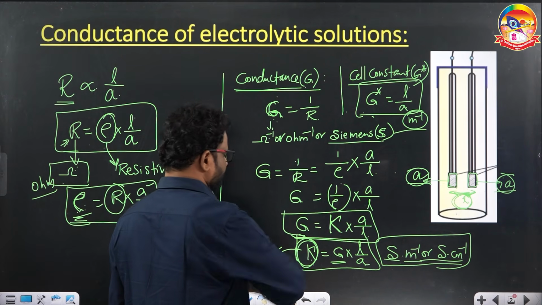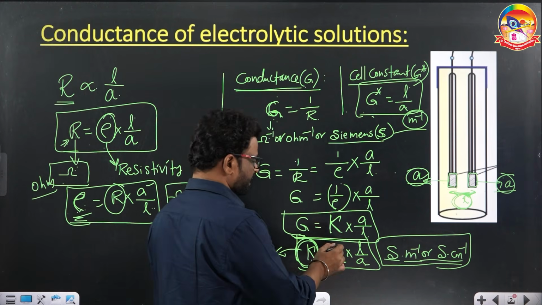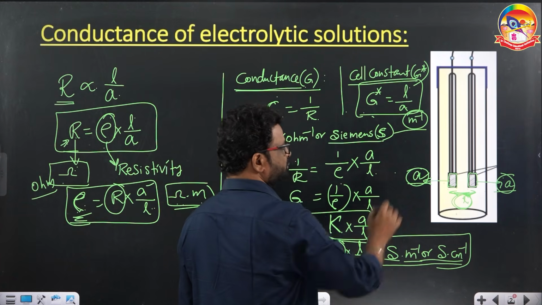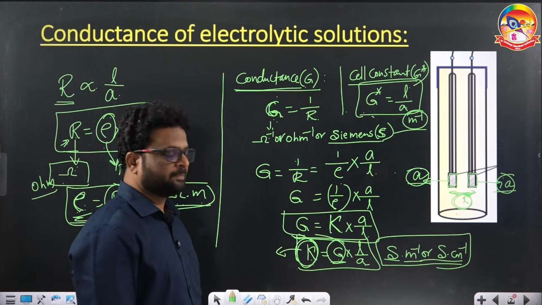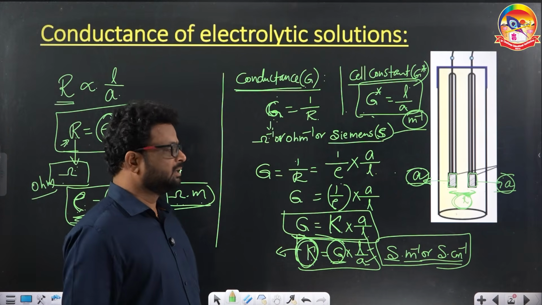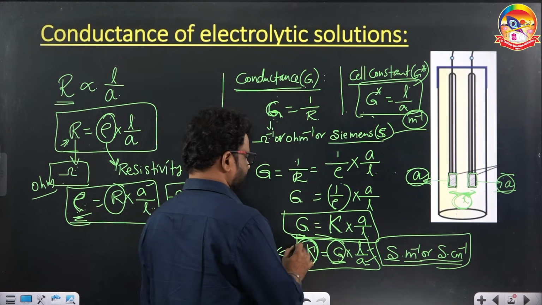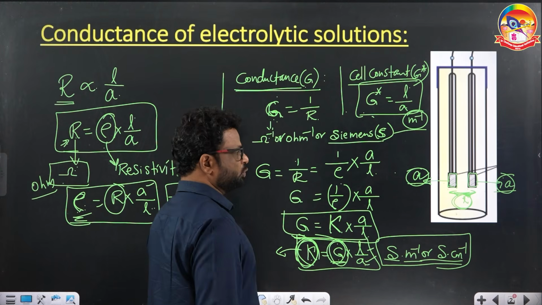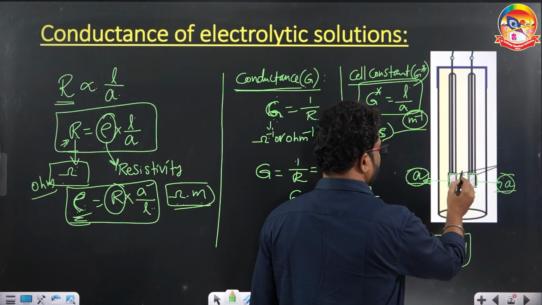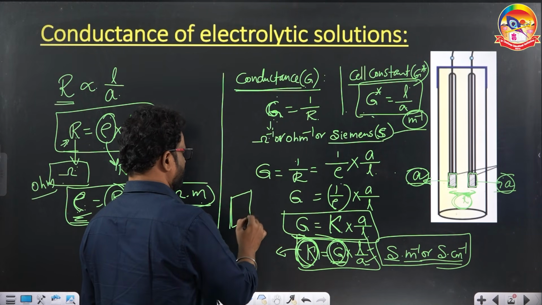Let me define conductivity finally. Conductivity is the conductance of an electrolyte taken in a cell of unit distance between electrode plates and unit area of electrode plates. Or in the other way, you can define it as the total conductance of unit volume of electrolyte. If L is 1 centimeter and area is like this, if I take two electrode plates,